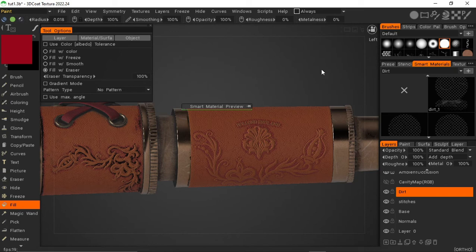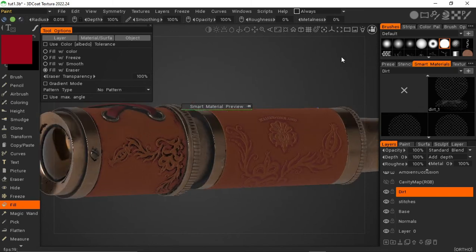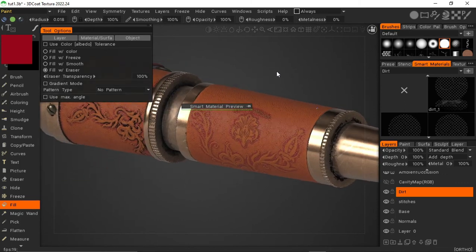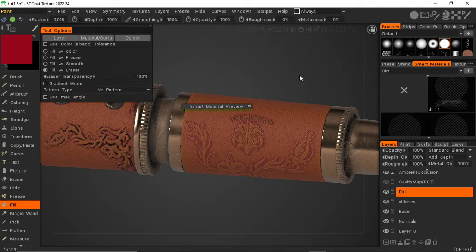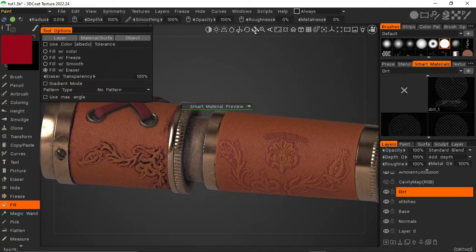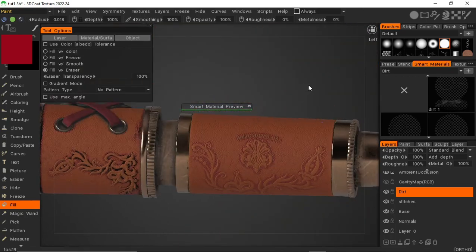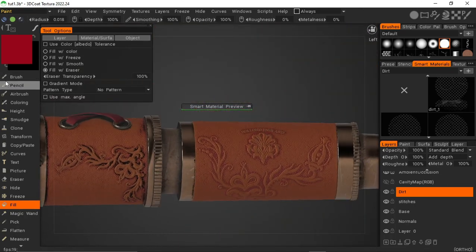So yeah, the dirt is quite intense. I won't lie, it's some quite intense dirt. Regarding the fact that it's using the RGB cavity, the cavity is not that bad. It's really helpful, but it looks really intense. So if you want to, I think I should try that actually. I'm gonna